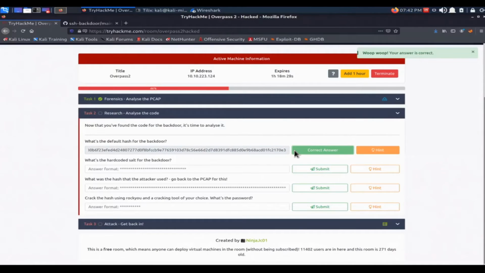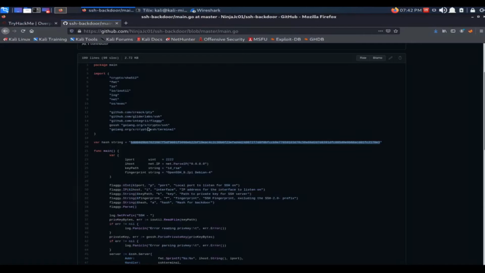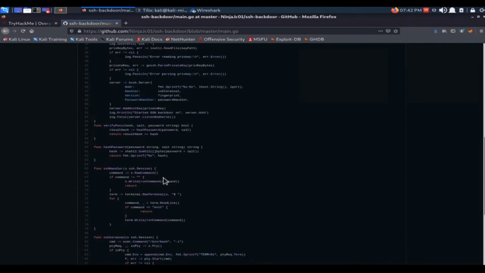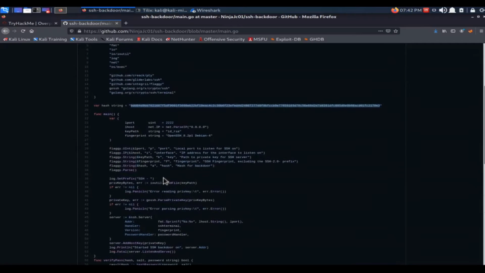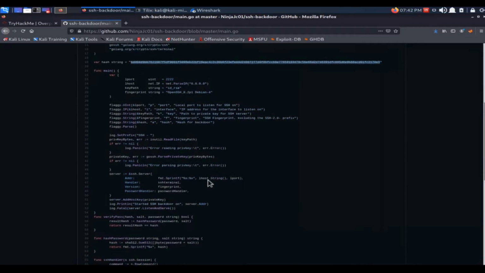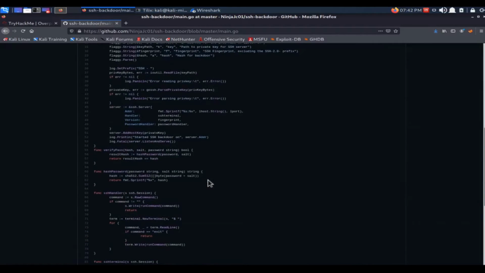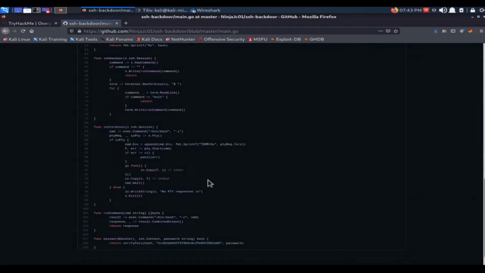All right, so that's the default hash for the backdoor. Again, using tools like this, you really want to read the code. You want to understand what you're doing. Knowing that this has a default hash, even though you think, oh well, I'm going to log in exactly right after that, after using this backdoor, you kind of put at risk